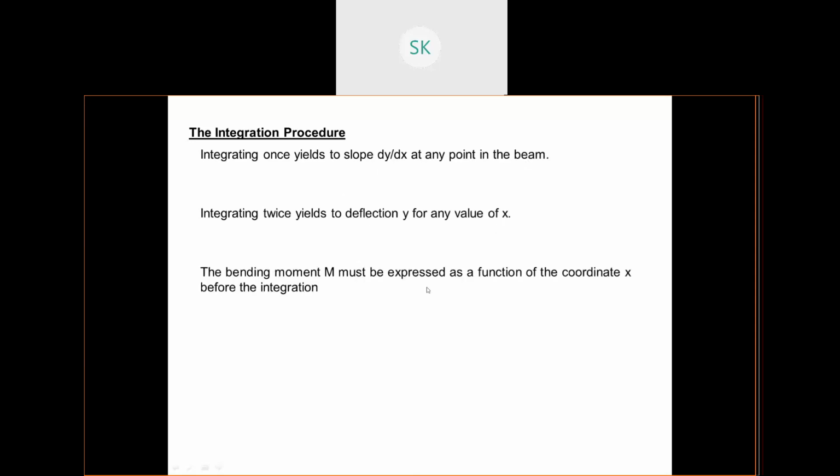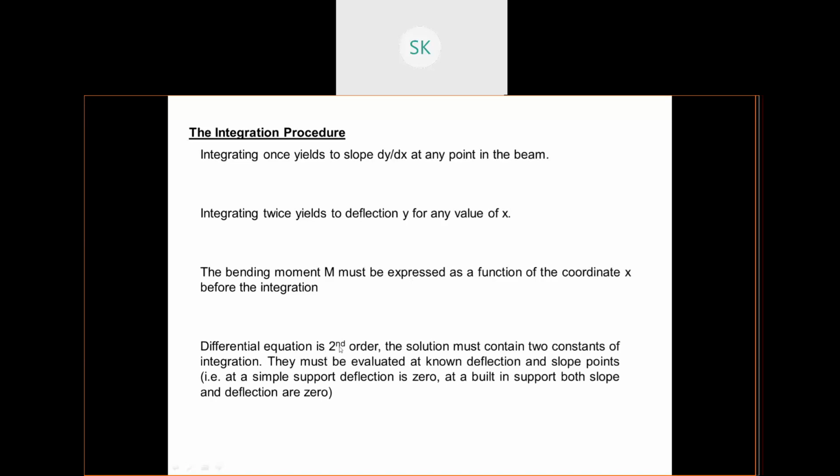The bending moment must be expressed as a function of the coordinate x before the integration. So the bending moment should be expressed in terms of x before the integration. The differential equation is second order, so the solution must contain two constants of integration. This is the basic part of your math. When you integrate your differential equation, you get two constants. They must be evaluated at